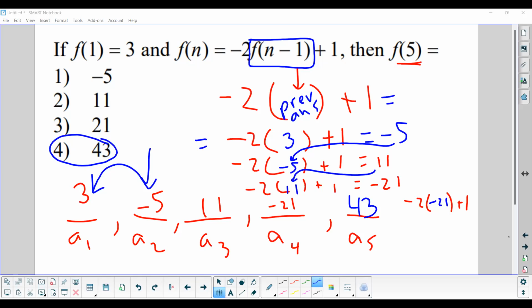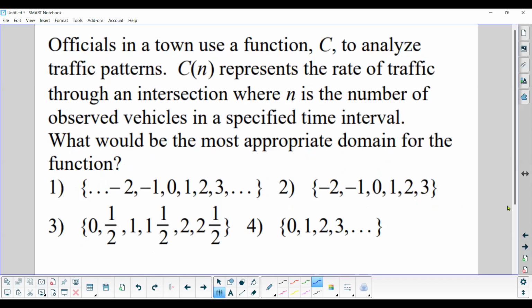I'm going to switch to the domain and range, mostly domain, because when you say domain and range to me, I'm not really sure which topic. There's actually 2 topics. Domain on a graph, and then domain in a word problem, like this one. Officials in a town use a function to analyze traffic patterns. The function, C of n, represents the rate of traffic through an intersection, where n is the number of observed vehicles. So all I really want you to understand is that is the input,